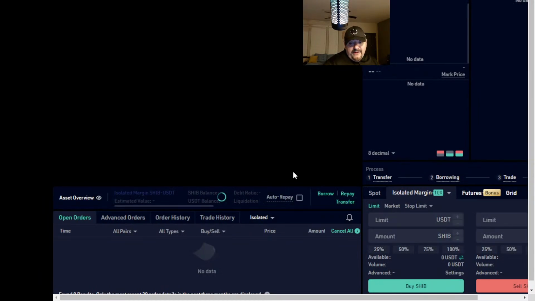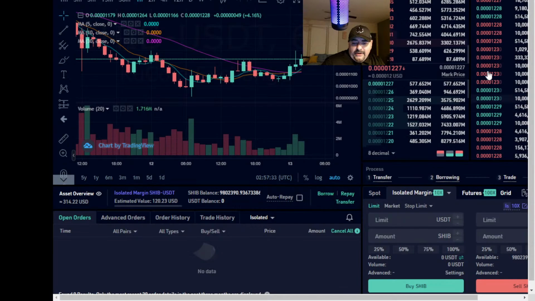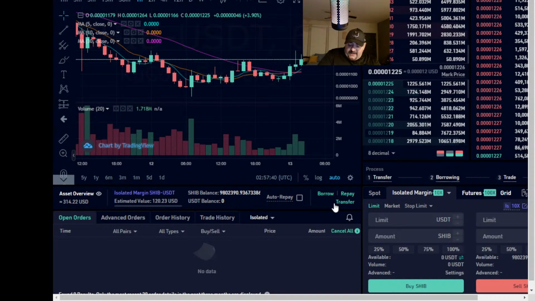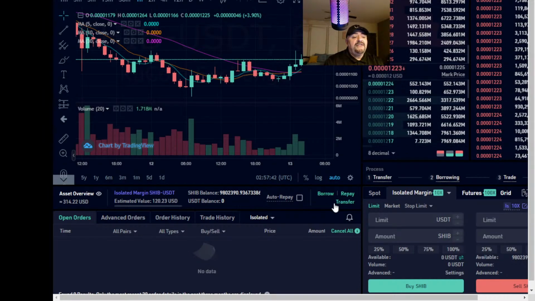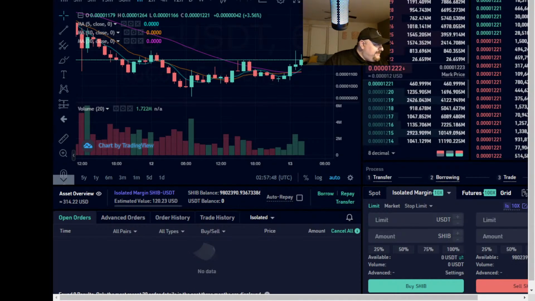But what I want to do here, since I'm at the 10% mark, is go ahead and move my stop market up because I don't really want to lose money here. Right now, there are 2 things you can do. Let's say you don't have a lot of money, but the coin is going to continue to run. You're like, you know what, this is about to catch fire, people are starting to buy. Now, I don't recommend doing this, because the only thing you need to do is make your 10% and get the hell out. But if you feel like this is going to continue to run, here's what you do.